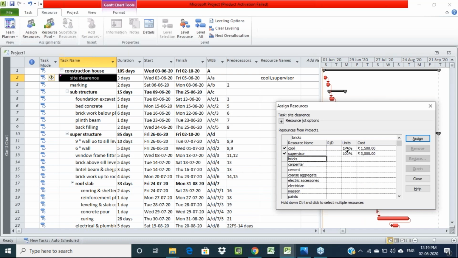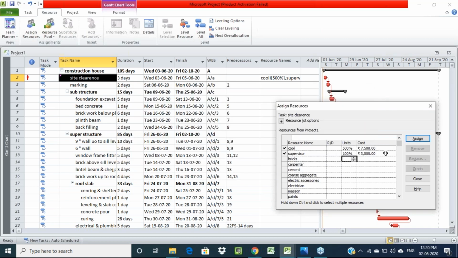Here we are seeing 100% only. If you want five coolies, you just make it 500%. You need to increase that percentage to 500.